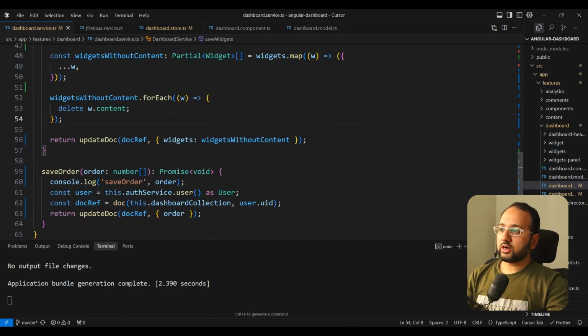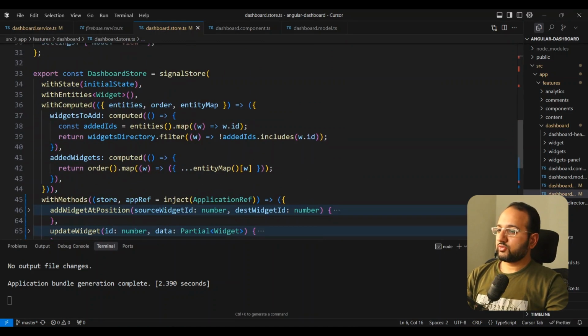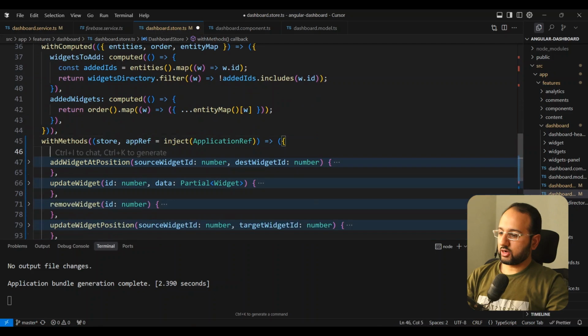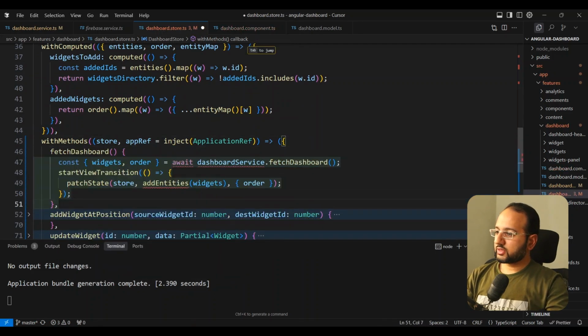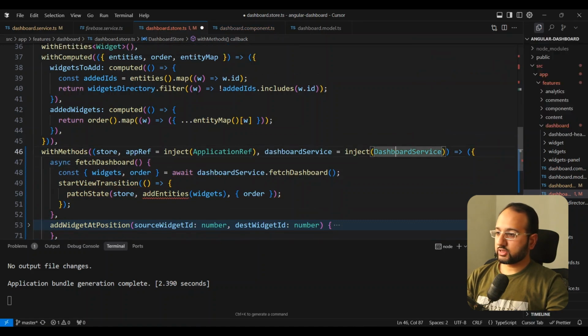Okay, so before we start on the dashboard store here, let's just add the functionality for fetching the widgets because it doesn't involve using any reactive methods. So we just need to create a simple method here called fetchDashboard, and this method is going to basically just use the dashboard service which we haven't injected right now. So we can inject this service here like this. Let's import this from the top, and here then we're going to call the dashboard service fetchDashboard function, and